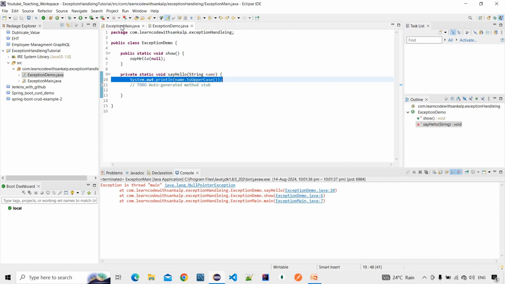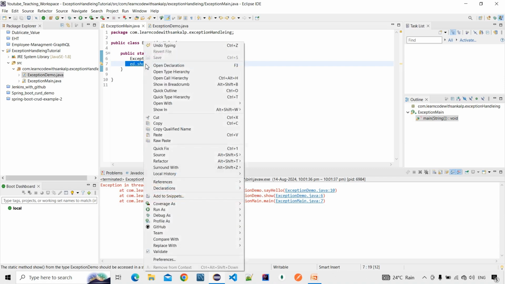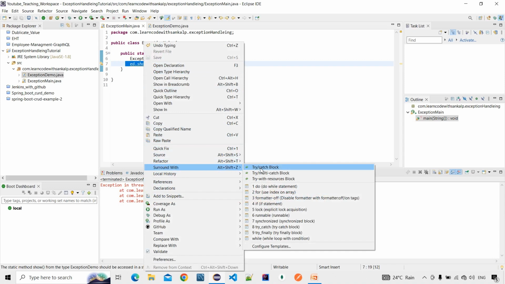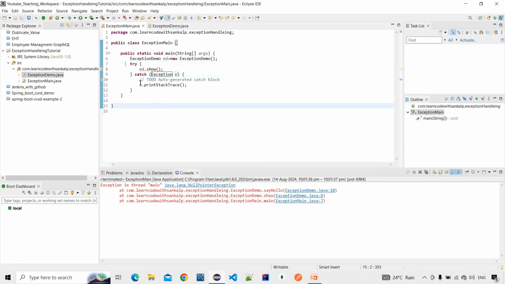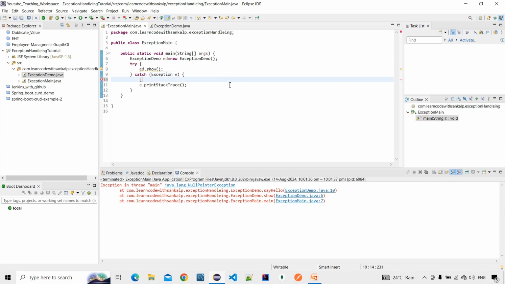What is the solution for that? We use try catch. So here we can use the try catch block. Okay, so here we can right click and surround with try catch block. After that we are not getting the error. Okay, we are printing that